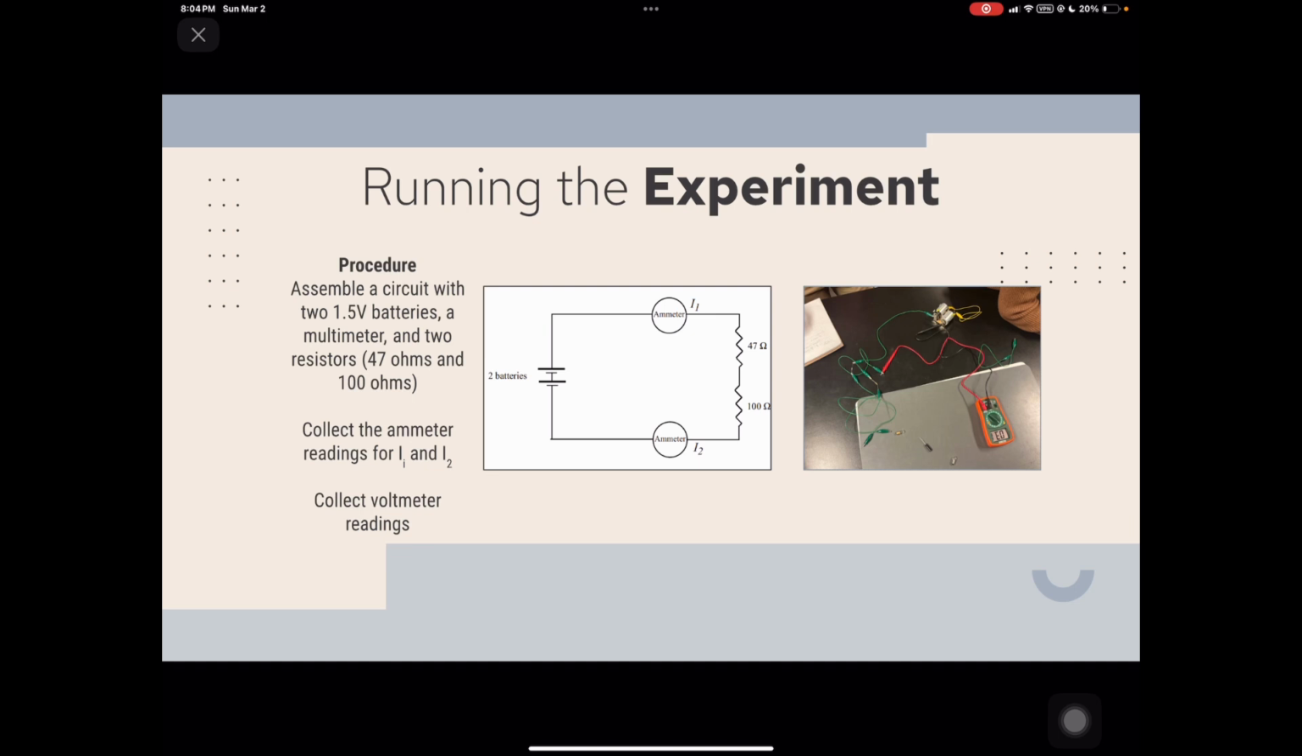Okay, so running the experiment, we created a circuit and a loop, exactly like the one pictured here, where we measured the current at I1 and I2, and we had 2 resistors, 47 ohms and 100 ohms. So we created the circuit, then we collected the ammeter readings at I1 and I2, and then we collected the voltmeter readings using the multimeter as well at the same position,